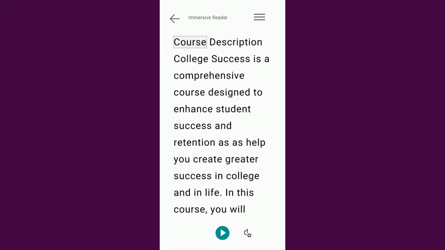Now the program will analyze all of the text that is in the picture that we took. So what we end up with is the text extracted out of the photograph. So the easiest thing we can do with this is just touch the play button at the bottom of the screen. And when we do that, then the screen will read the text out loud to us.